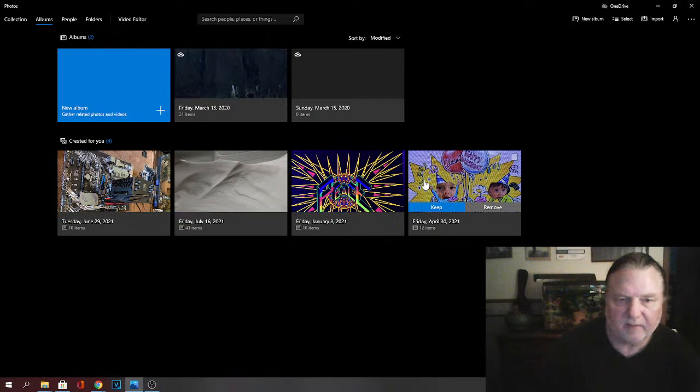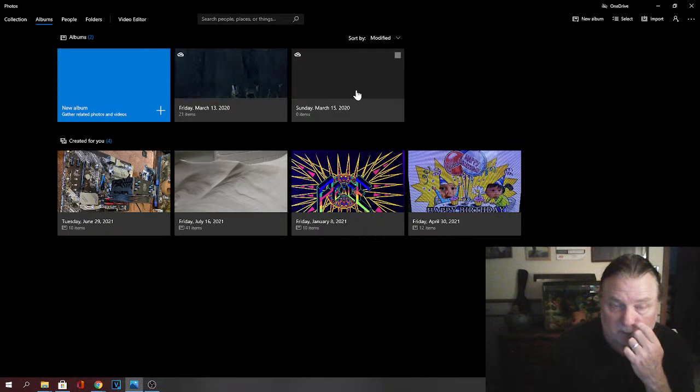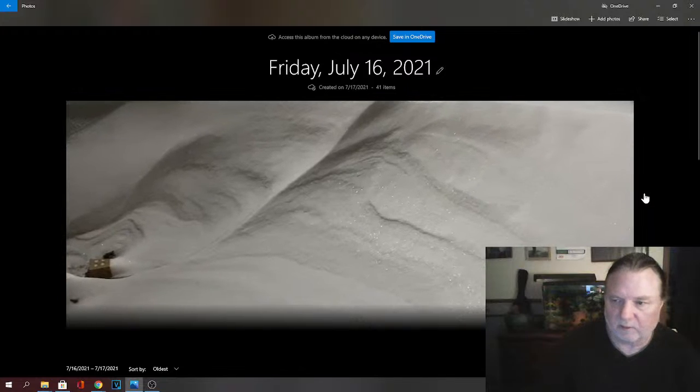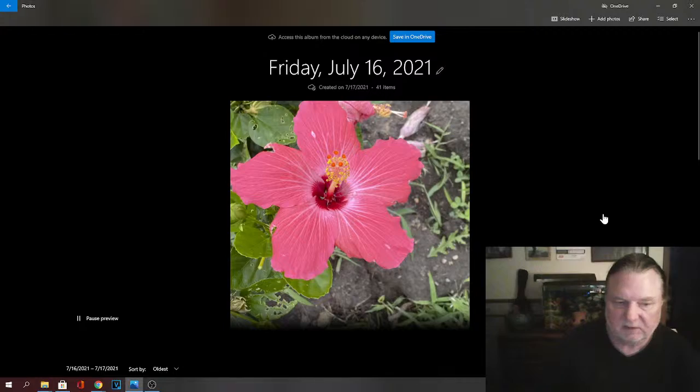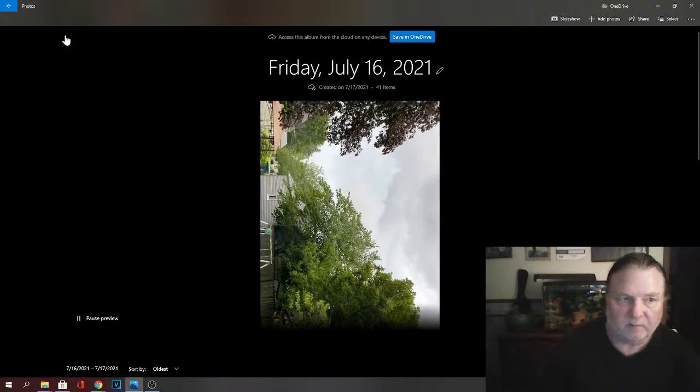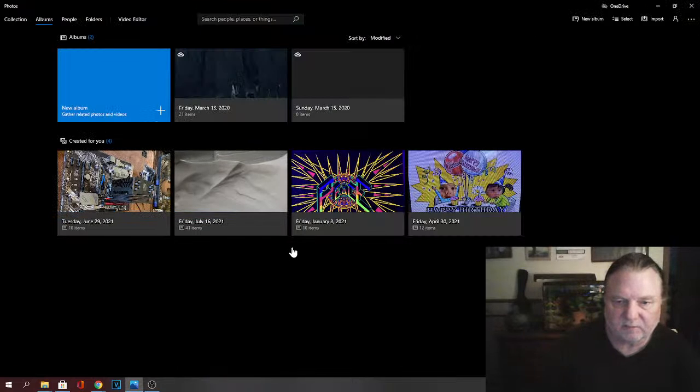So these are something I didn't do. It did it automatically. This looks to be empty. It says 0 items. This is from over the winter. We got a little bit of snow, and apparently it's going to cycle on its own. But what I noticed now is, oh yeah, this was yesterday. Okay. So it looks like it picked up